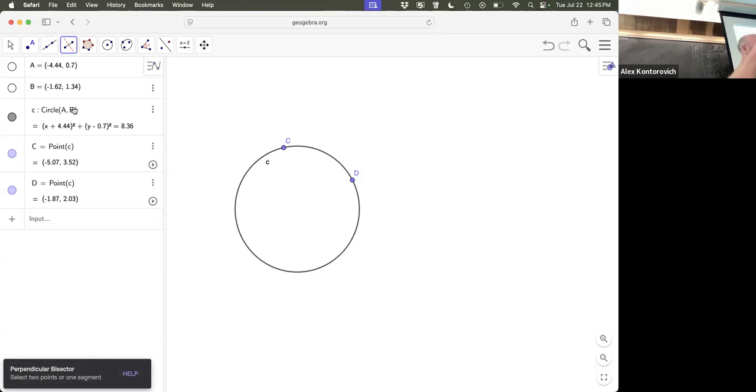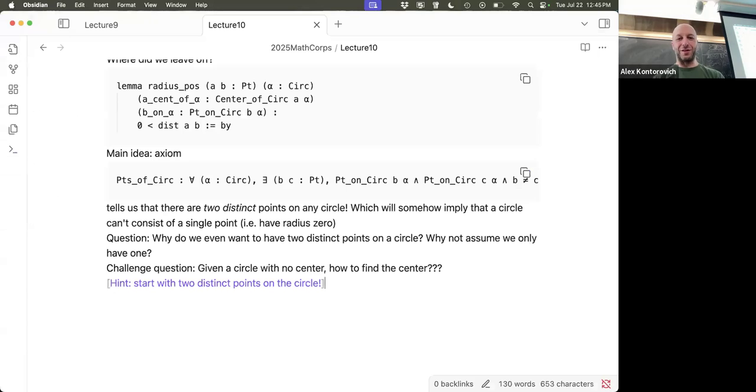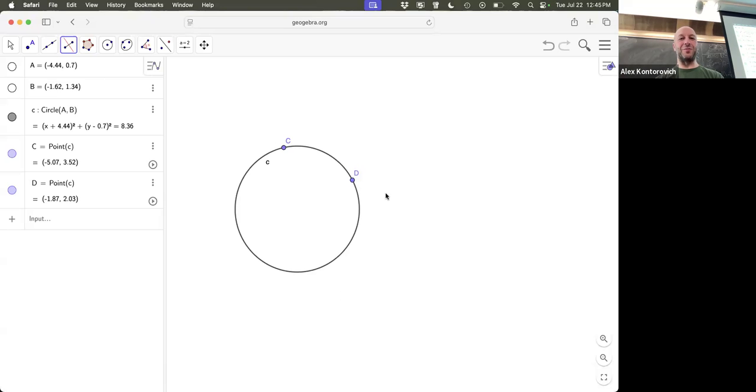Okay, let's bring it in. So solution, step 1. Step 1 is get two distinct points on the circle. I mean, obviously. How does that help us? So now I have two distinct points on the circle. I can make a chord. I probably do have to make a chord,